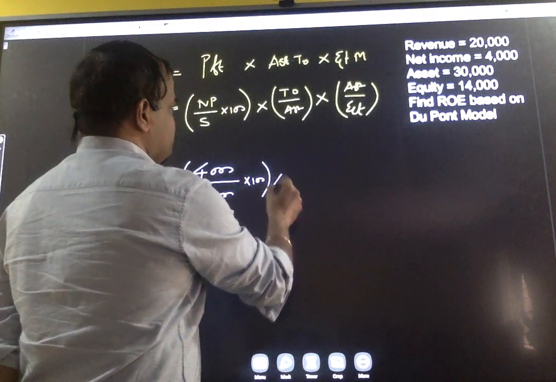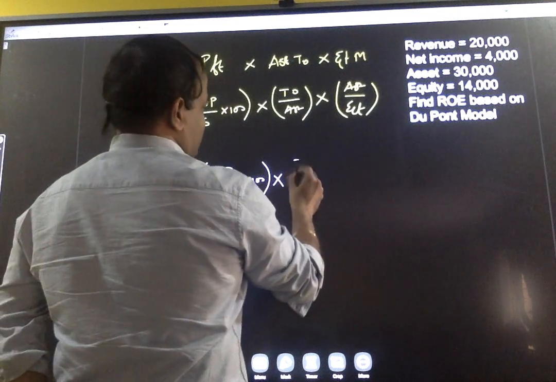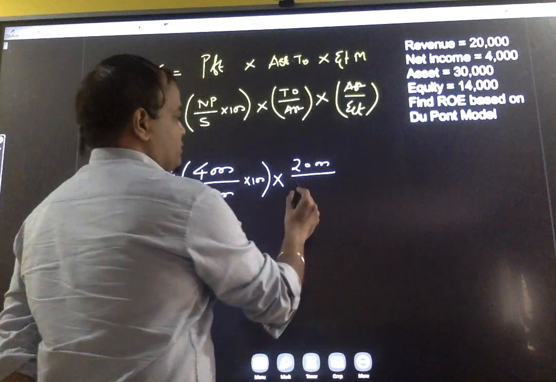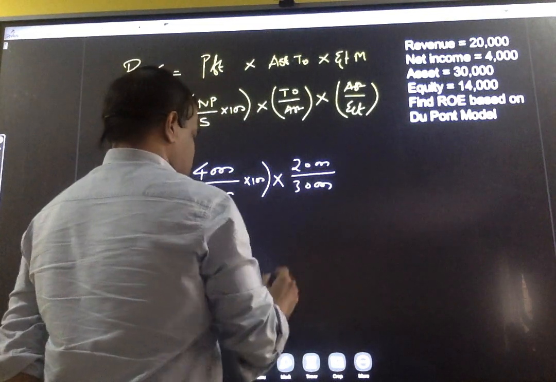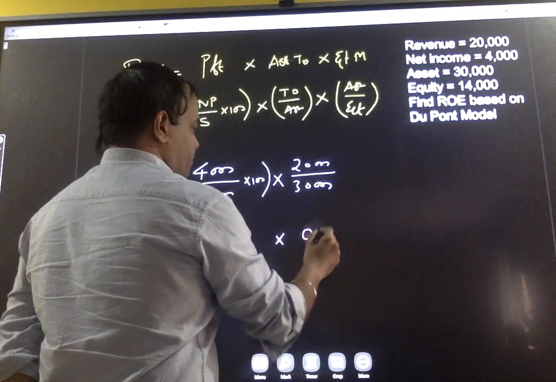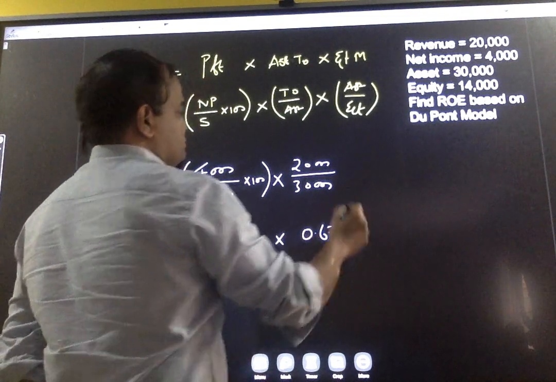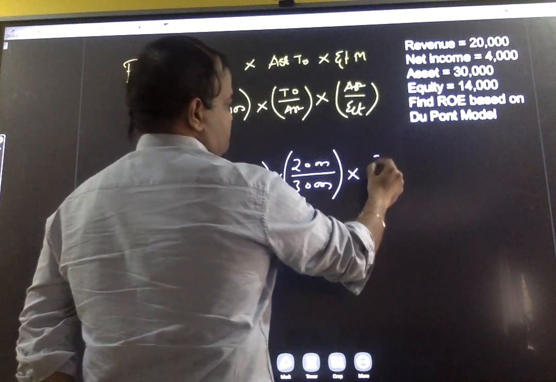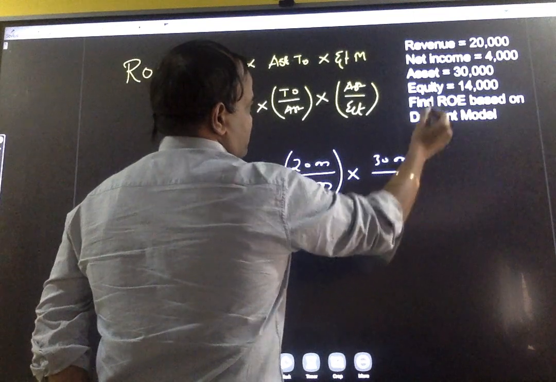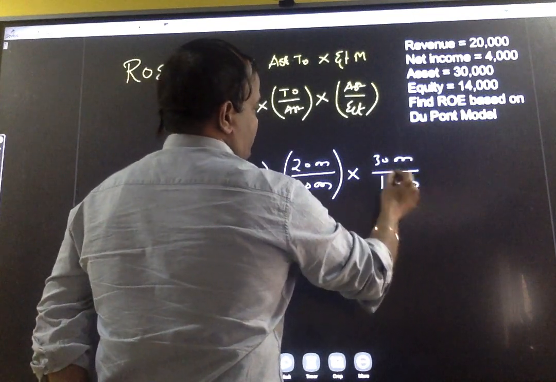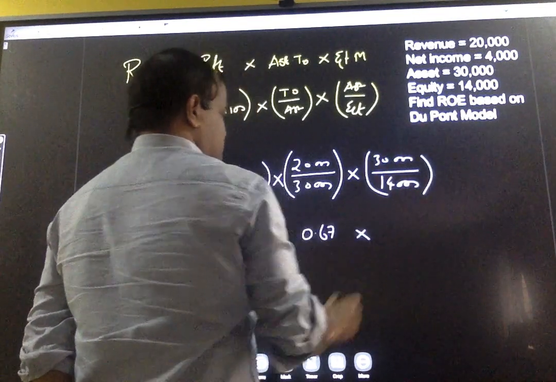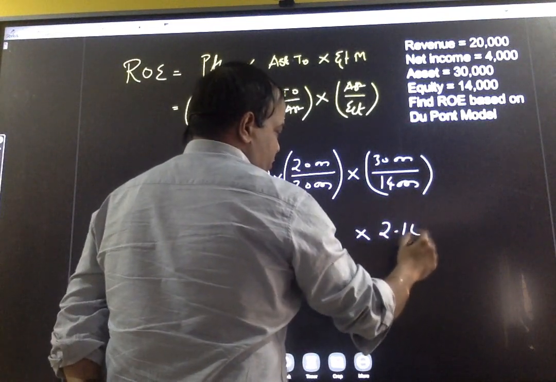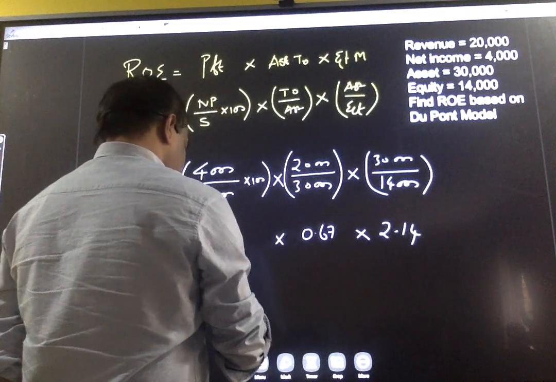Asset turnover: 20,000 divided by assets 30,000 is 0.67 times. Equity multiplier: assets 30,000 divided by equity 14,000 is 2.14 times. So 0.2 into 0.67 into 2.14 gives 0.2867. In percentage